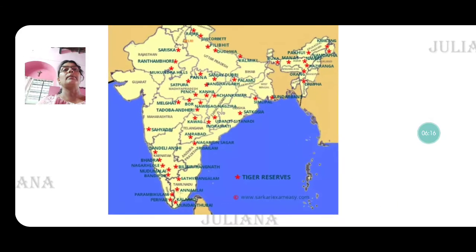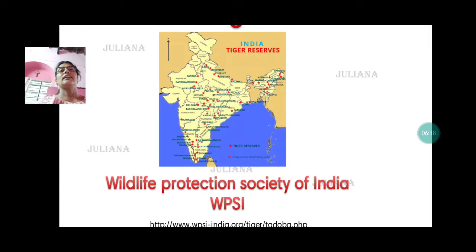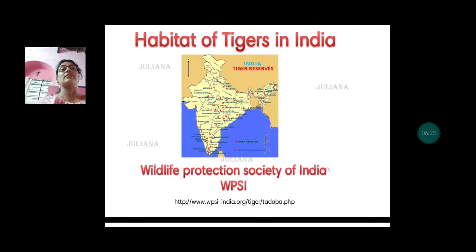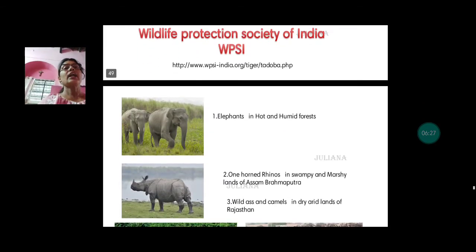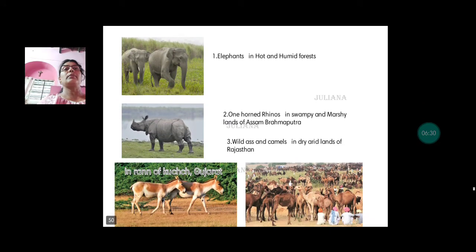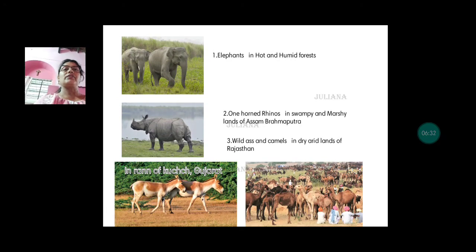As you click on the paw prints, they open up to a site which gives you detailed information about these places where tigers are protected. Talking about elephants, when we talk about the relation between physiography, climate and wildlife, remember elephants are always found in the hot and humid forests. Therefore, you find them more down south, in Kerala and Tamil Nadu, and in coastal areas, because there the climate is hot and humid.